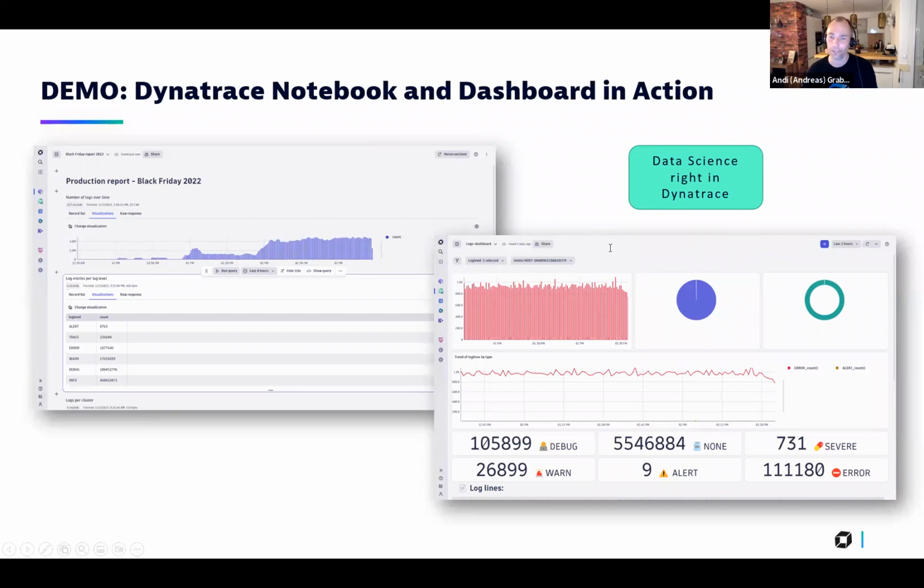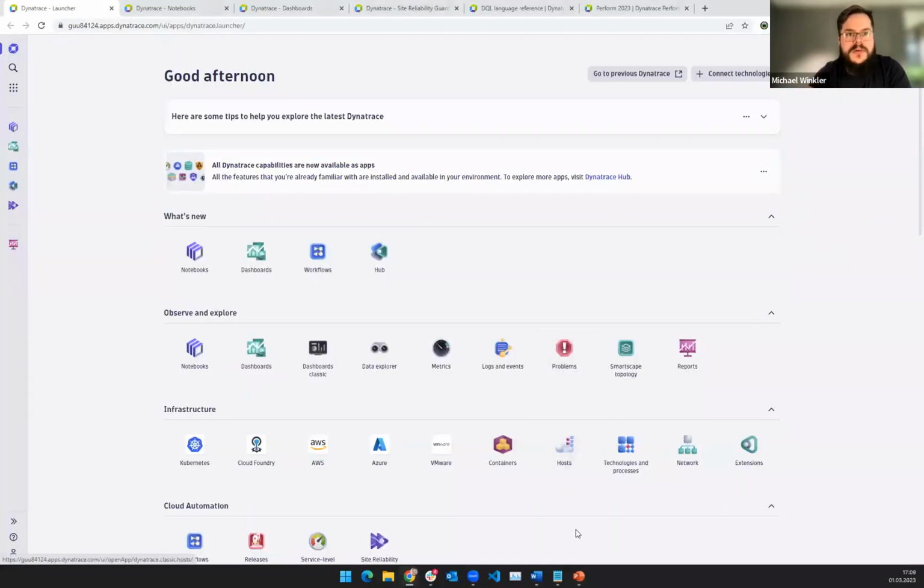Log storage and retention for Grail: can Dynatrace replace a tool like Splunk or other tools that are used for log analytics? Maybe you want to answer this quickly while I'm switching over. So for application logs, yes, of course. That is the whole idea. When it comes to SIEM, I don't know if you have the latest update on that. I always know that Splunk is often used for SIEM as well as application logs.